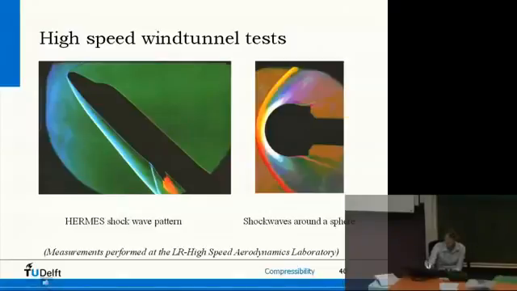So there are sound waves going out, through the speed of sound, and these sound waves, if you draw them at different instances, they collide at a certain position, depending on the Mach number and depending on your geometry, in a shock. So once you have an object inside supersonic flow, you get a shock, and quite often a shock wave around or even sometimes in front of your measurement